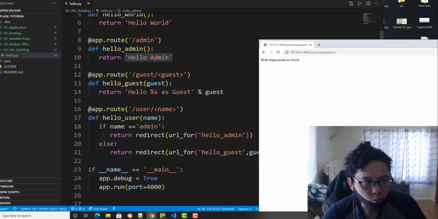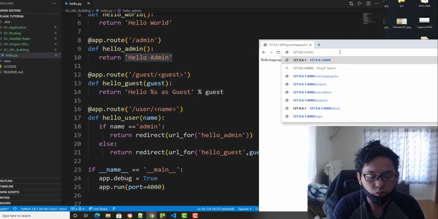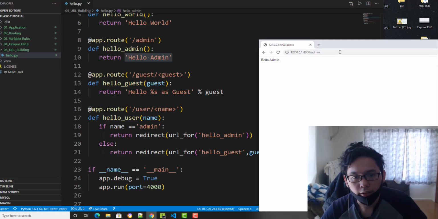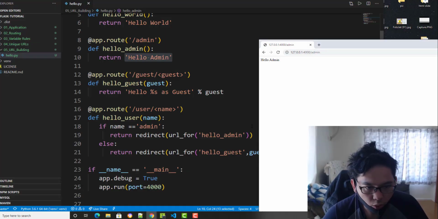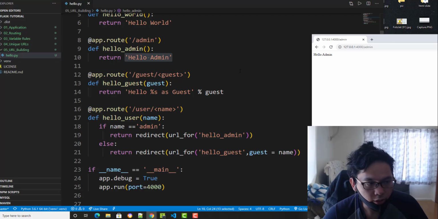So we're using this route. What if we are using the admin? So user is equal to admin. And yeah, hello admin. Very straightforward. I never overcomplicate these things. This is how you use URL building.